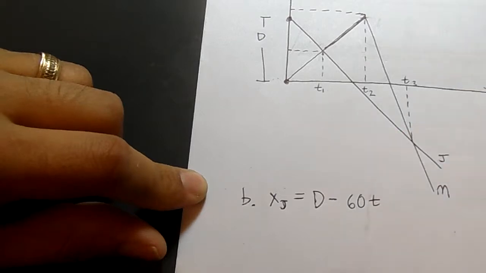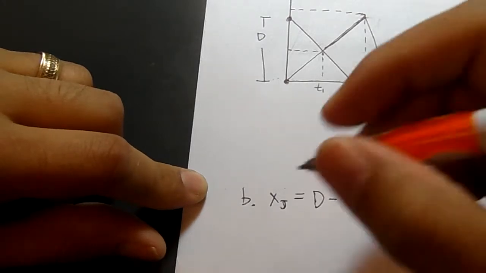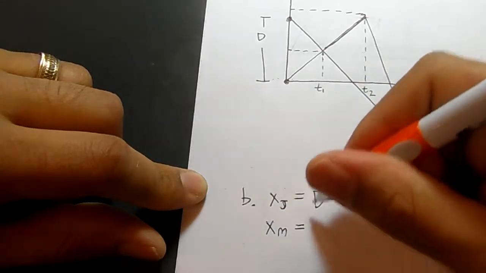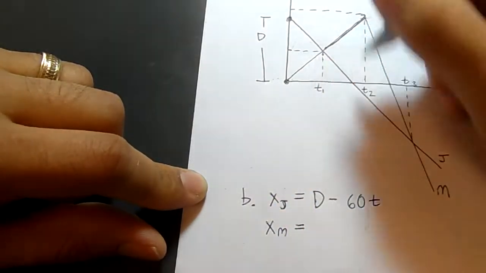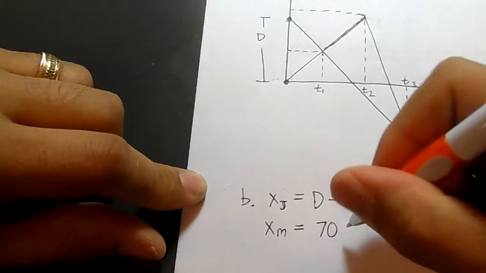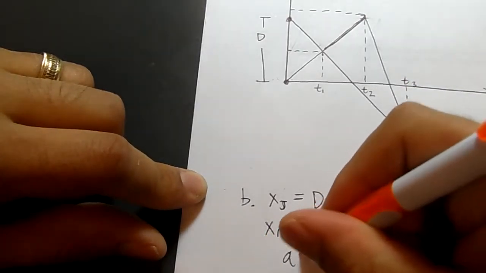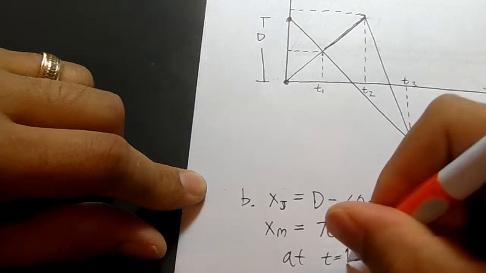I'll just label it t for now, and we'll plug in the 1 hour in a minute. Position of Meg is... she starts at 0 and she's moving in the positive direction at 70 miles an hour, so her position is just 70t, and then I know that at t equals 1 hour,